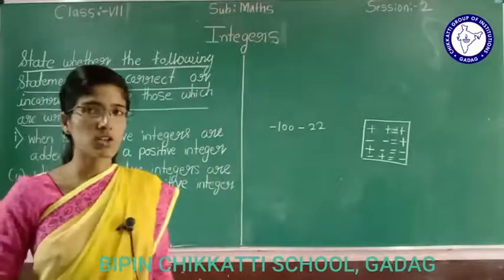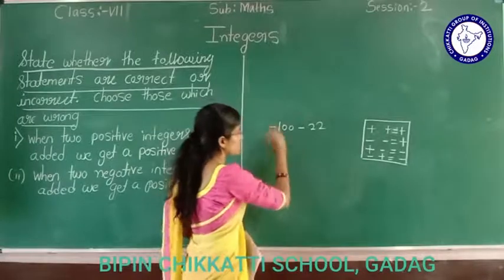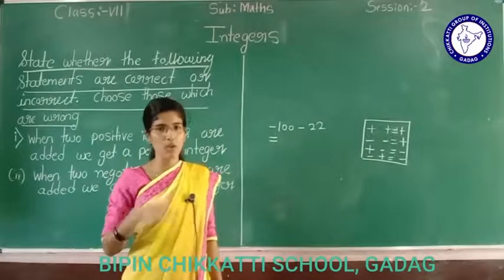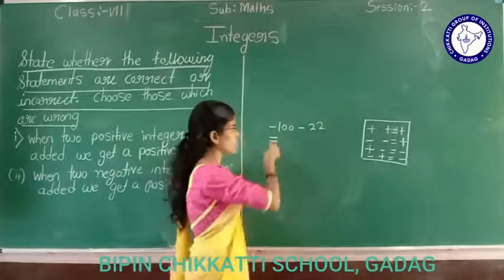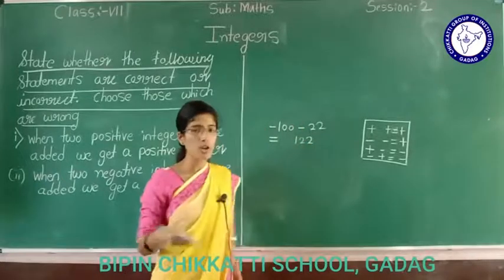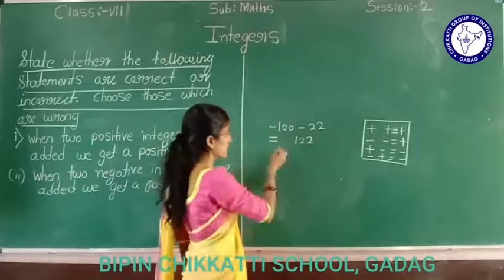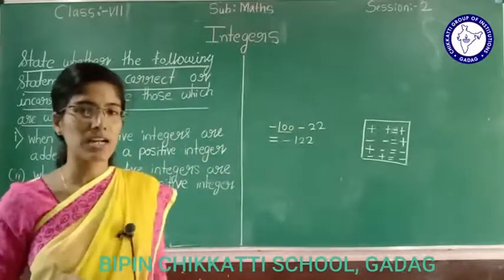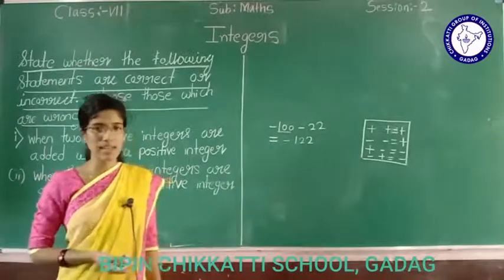So based on this, if you want to solve such problems, minus with minus is plus. Whatever we spell, I am spelling minus as plus here, that's why you have to do addition. 100 plus 22 is 122. How do you keep the sign? You have to see which is the bigger number here. The bigger number is 100, and 100 has a minus sign. You can check this on a number line also, the same answer will appear.